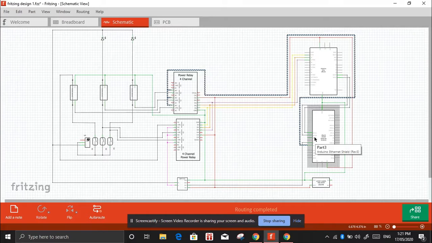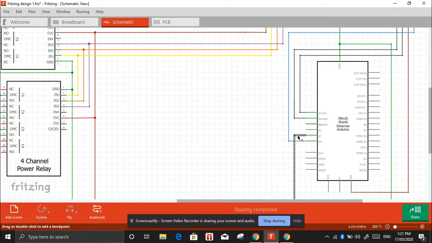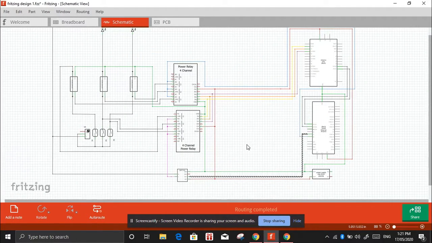Similarly, the voltage sensor sends the instantaneous value of voltage to the ESP2866 through the pin A1 of the ESP2866. So here is the pin A1, and the voltage sensor senses the instantaneous voltage value and sends the signal to the ESP2866 through pin A1.